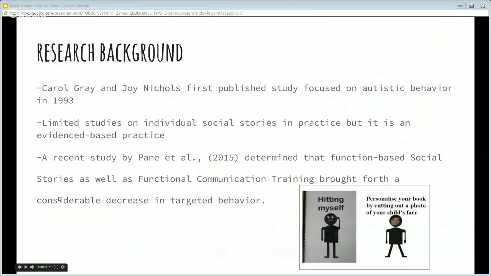So to go into some of the research background, Carol Gray, who, as you may remember, invented and created social stories, did a study with Joy Nichols in 1993, and that was the first published focus study on autism behavior with social stories. Overall, there are limited studies on individual social stories in practice, but it's still an evidence-based practice. And the reason for this is that